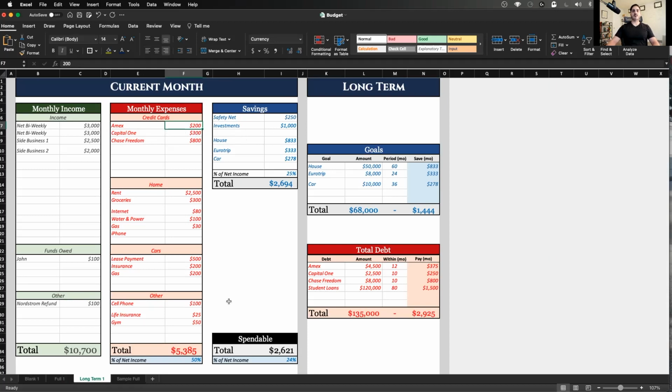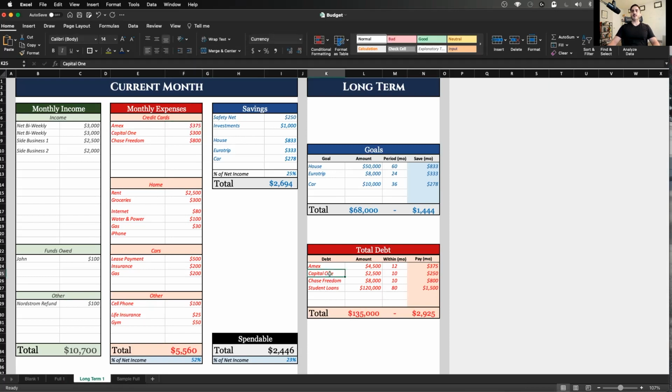And I know that because down here, the spendable, you have $2,600. Well, we're not going to spend that much this month, right? We have debt, we have goals. We're not going to go out and buy these expensive things or whatever else it is, if we want to be disciplined and hit our goals and pay off our debt. So the minimum's 200, but we're going to pay that 375.